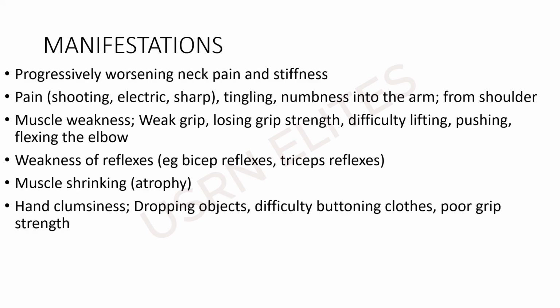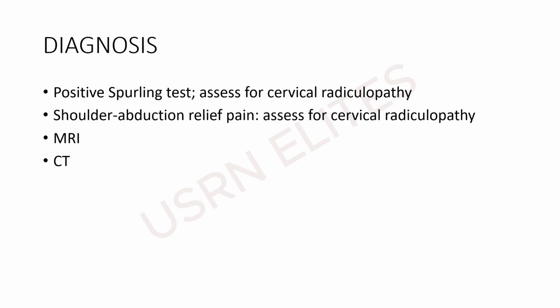Okay, so just know that these are nerve and motor issues, and know the characteristics of the pain: shooting, electric, very sharp pain. And the patient will find difficulty in what? Turning the head. Okay, that's the neck. All right. How do we diagnose this? We have what we call,